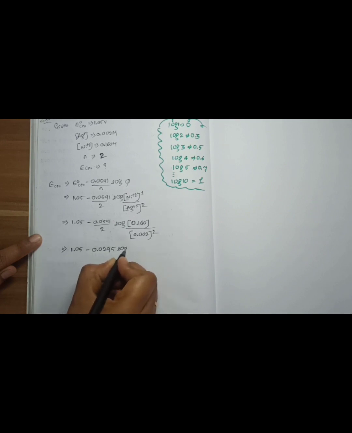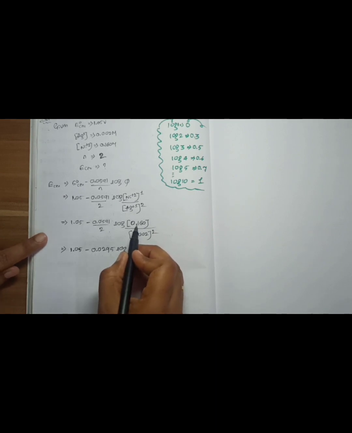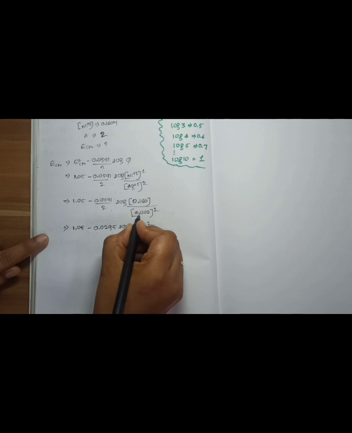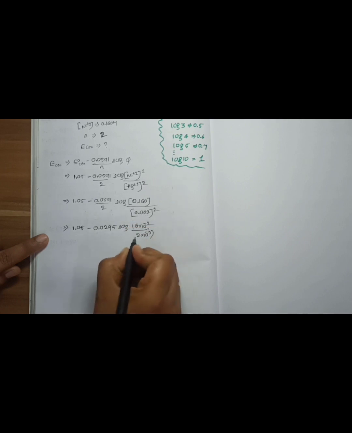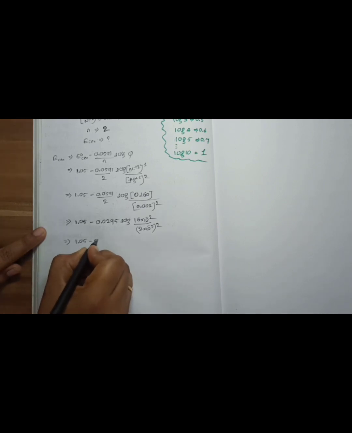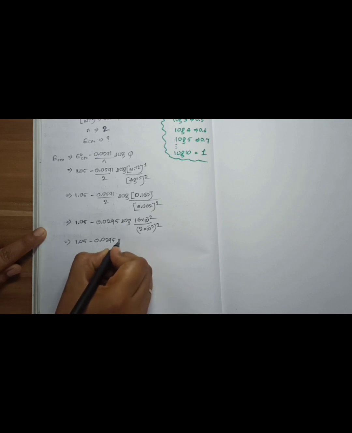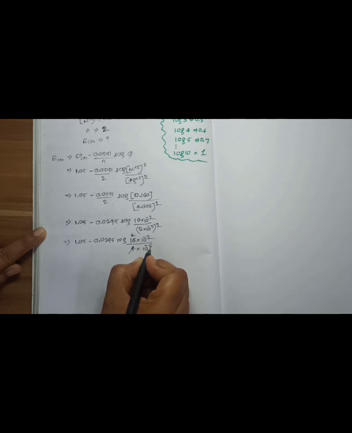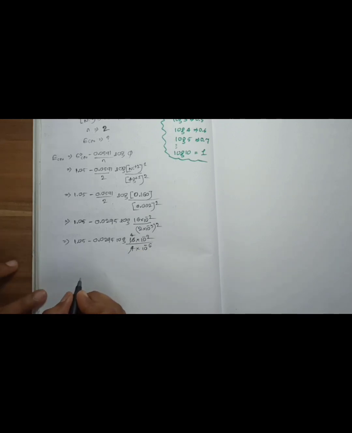When we divide these two, we will get 0.0295 log. Now this we have to write in the form of 10 to the power. Shifting 2 decimals, you will get 16 into 10 to the power of minus 2, divided by 2 into 10 to the power of minus 3, whole squared. Next, 1.05 minus 0.0295 log 16 into 10 to the power of minus 2 divided by 4 into 10 to the power of minus 6. If 10 to the power of minus 6 is taken upside, it becomes 10 to the power of plus 6. Overall you will get 1.05 minus